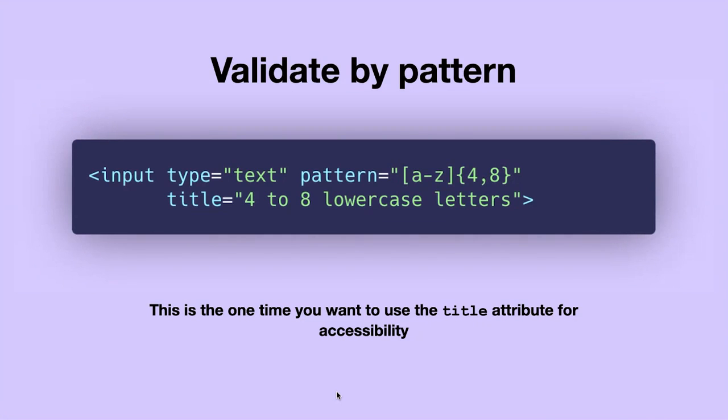And validating by patterns. So if you've got something complicated, like say a postcode, it's possible to write what's called a regular expression, which looks a little bit like this gibberish here in the pattern string here. And this allows you to define some kind of rule, right? So this one is just saying it must be between the letters A to Z, and there must be 4 to 8 characters. And those kind of rules, again, traditionally you would write lots of your own pesky JavaScript for it, and maybe you write some server-side code for it. It's kind of a pain.